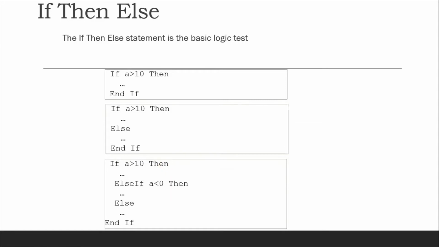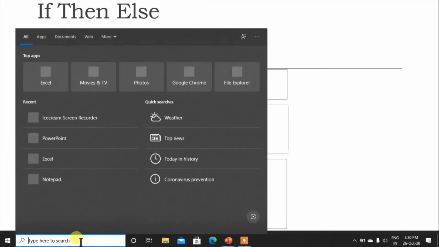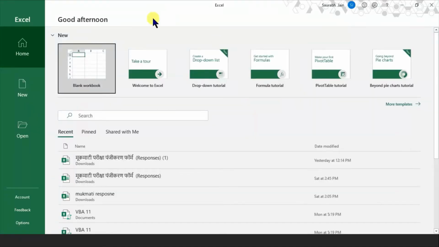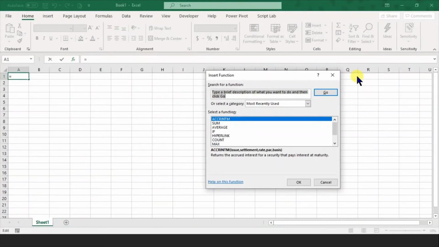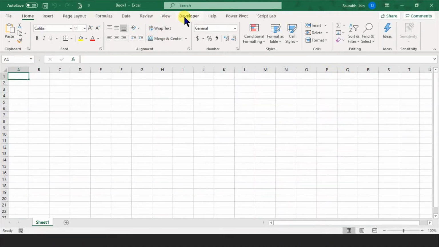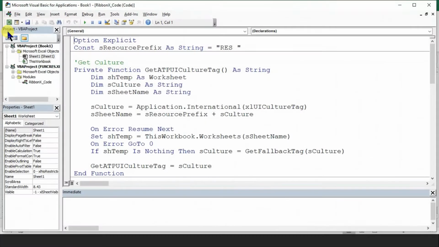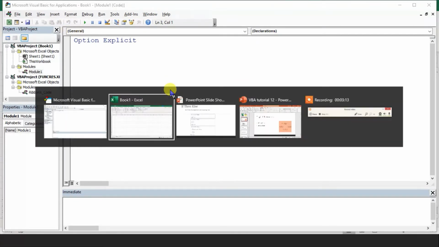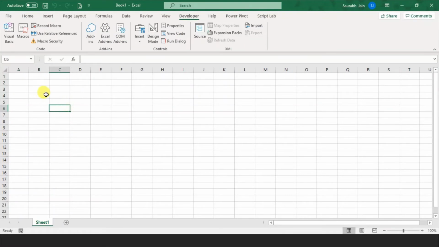So let's open our Excel and go into our VBA programming. Developer tab, Visual Basic, and as usual, first of all, we insert a module. In Excel, today's program: say there is some number, it can be 32, and whatever the number is, we have to write in the next column positive, negative, or 0.